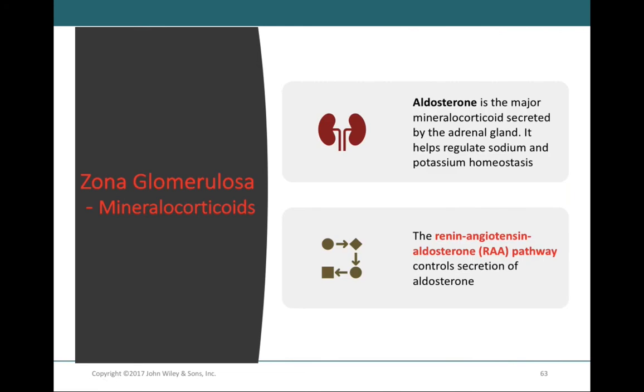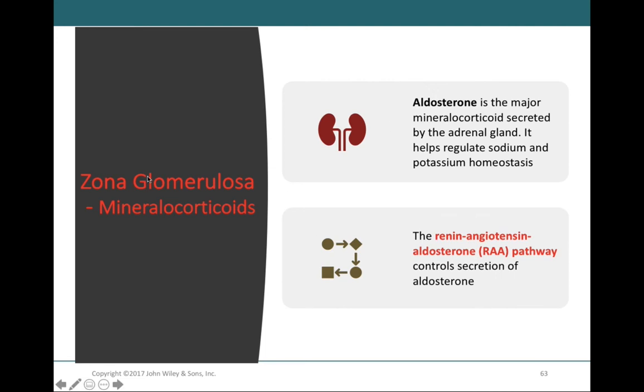Once again, we're going to discuss the particular hormones that are released from each layer, and then we're going to talk about what controls the secretion of that particular type of molecule. We see these are things that I've mentioned so far. Aldosterone is going to help regulate sodium and potassium homeostasis, but we have not talked about how this happens. And there's a major pathway, the RAS pathway, that's going to be important for controlling the release of aldosterone